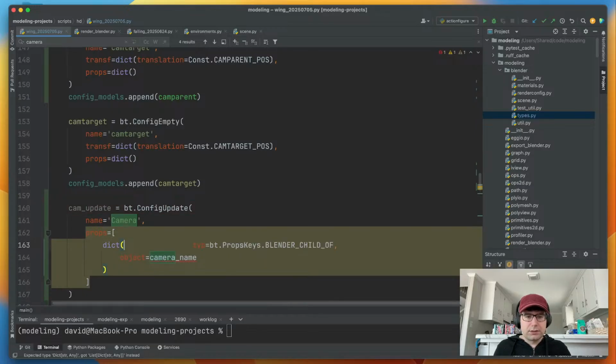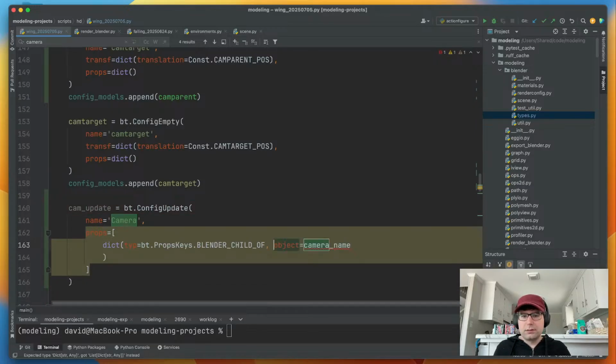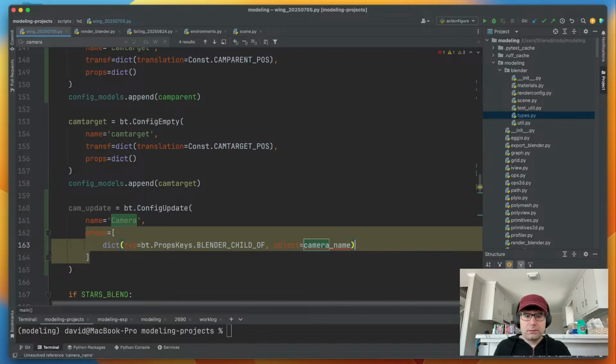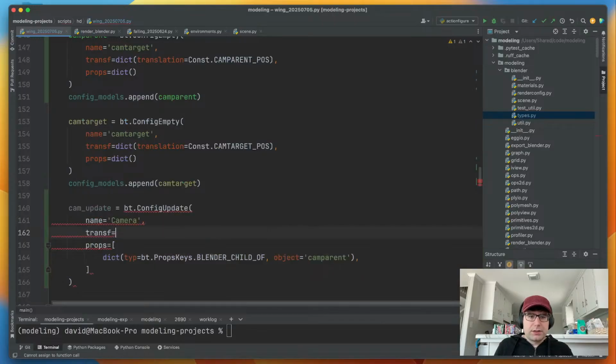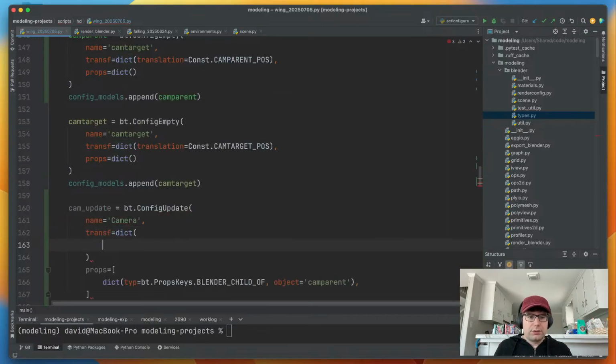You can think of these just like commands that are going to tell Blender to do an operation. So this will be cam parent. And then I should actually be able to put a new transformation in here too, I think. So the translation is going to be